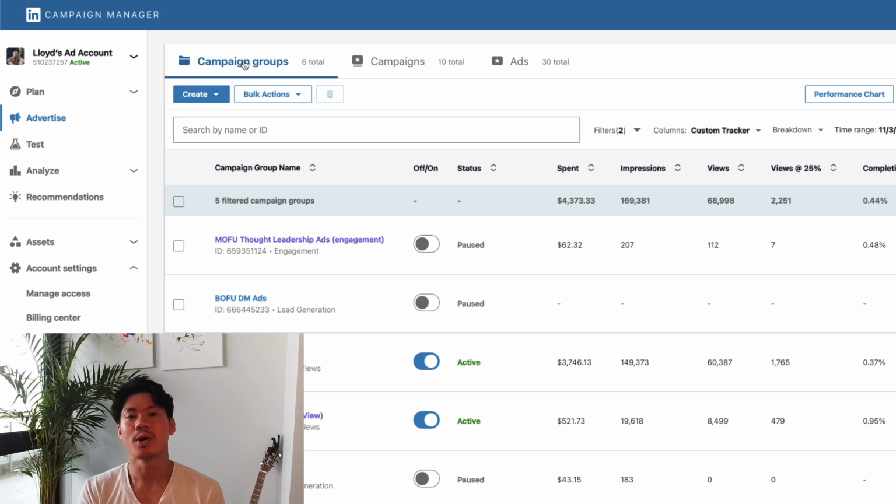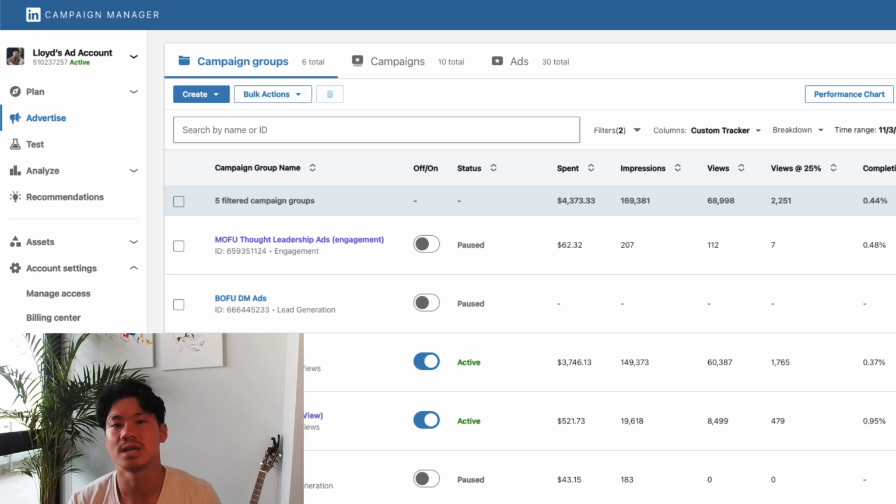So if you do have a bucket of campaigns that seemingly are correlated to each other, then you could put them together in the same campaign group. An example of this is maybe you want to group all of your top of the funnel ads together into one campaign group, you can do that. Or another example is maybe you want all the North American campaigns to be in one campaign group. So then you stick all of your US and Canadian campaigns into that one single container. And this will all just make it easier for you to organize yourself down the line.